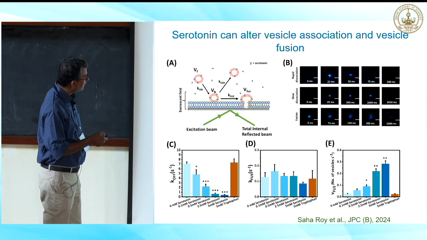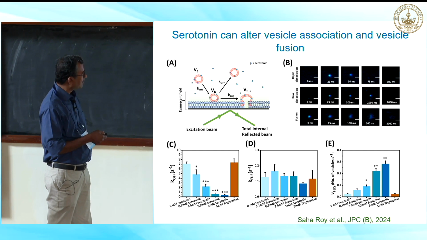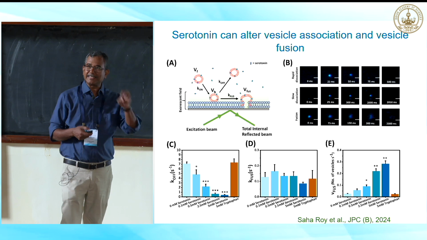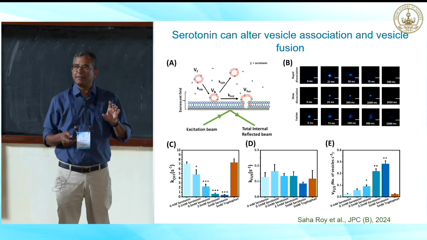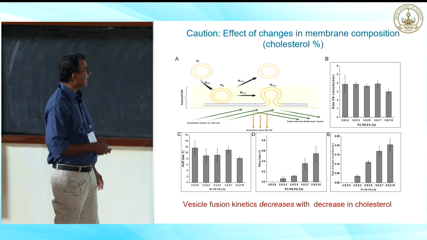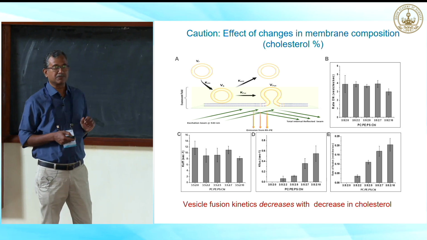This is sort of a mimic of exocytosis in a test tube or on a cover slip, an artificial system. And you see that it changes the rate at which vesicle fusion happens. It may not be only the proteins which control it, okay? And the cautionary tale that I said I will tell is that if you reduce cholesterol,